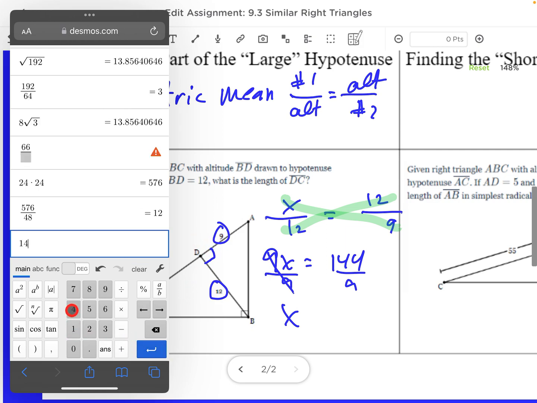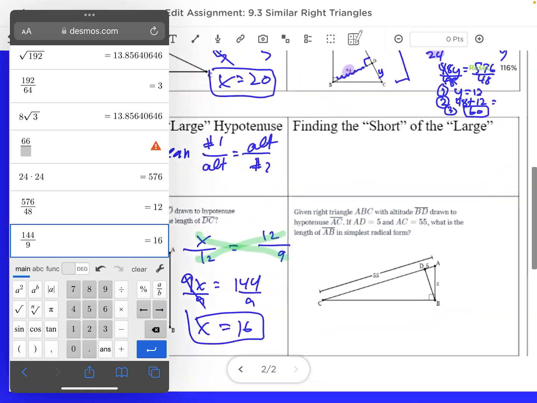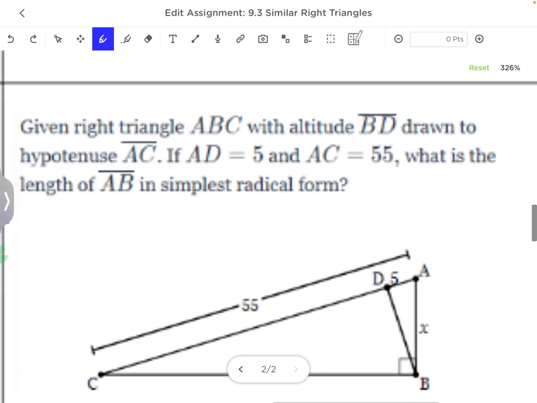That one's a little bit more difficult to do in our heads, and that's okay. That's what the main thing is, type it in. So x is 16. So that's the length of DC. All right, so now here's the last one, and this is a little trickier, but we've got this if we